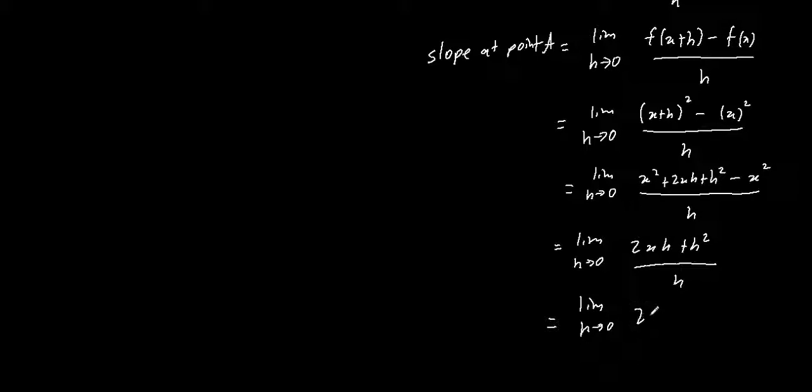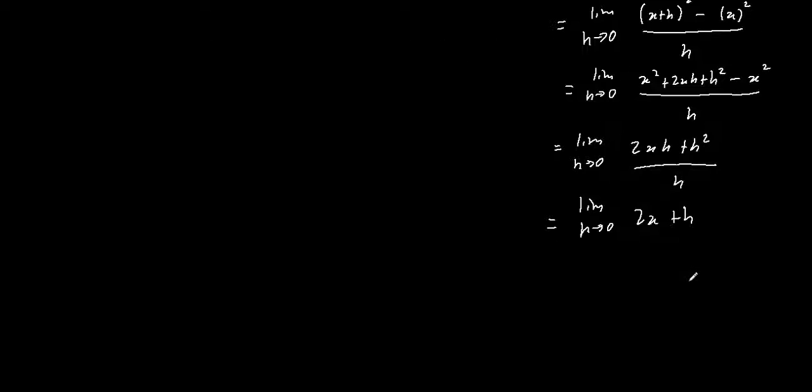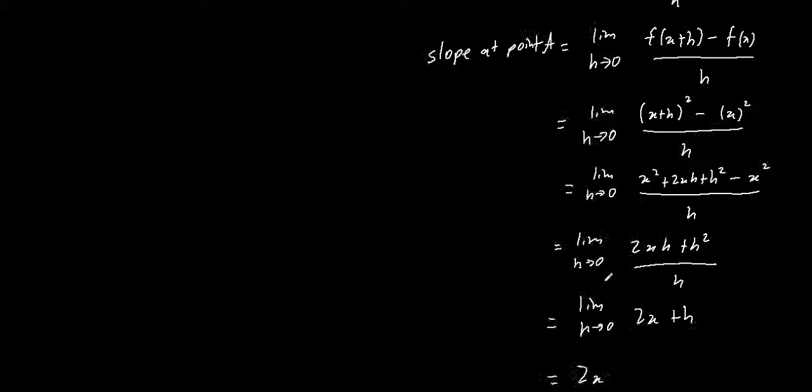Now I get 2x plus h, right? So 2xh divided by h just gets me 2x. h squared divided by h, I just get h. Yeah? And now I can substitute it in. So this just gets me 2x. Okay? And so now I'm telling you,